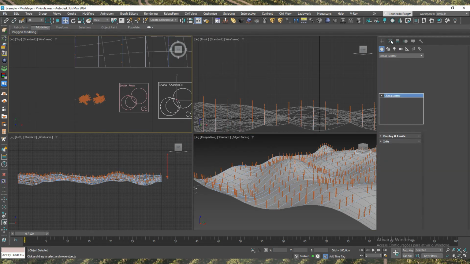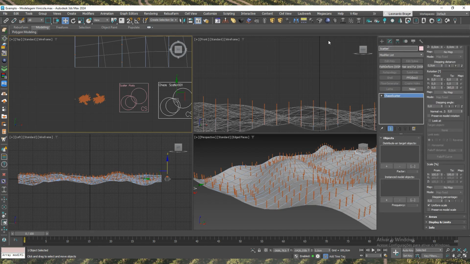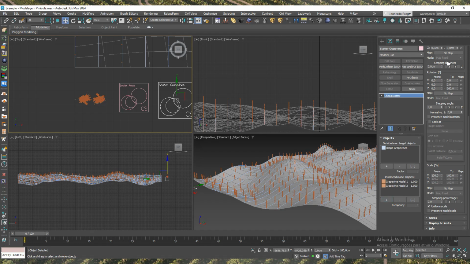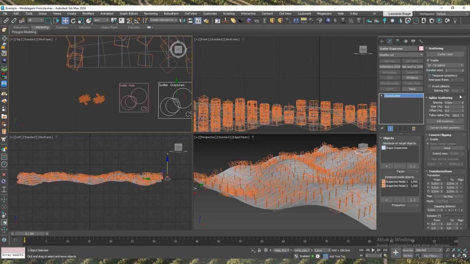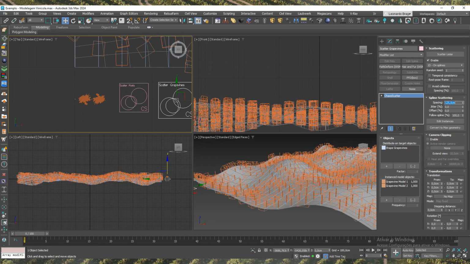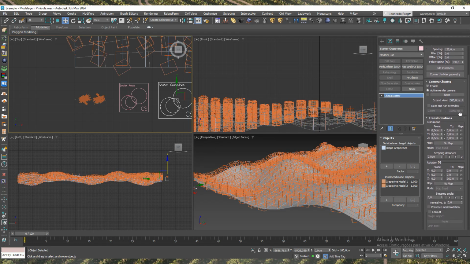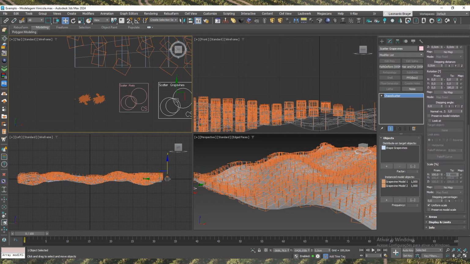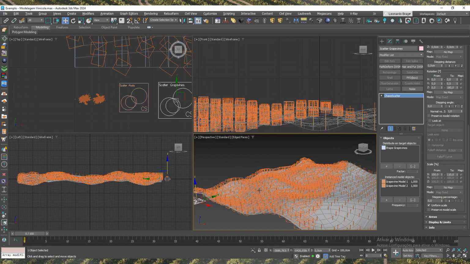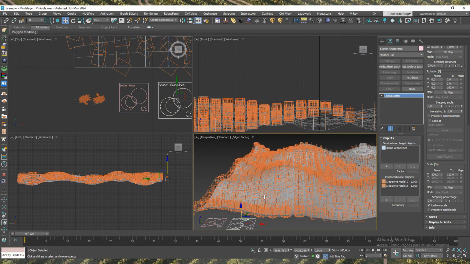Then I created a new Chaos Scatter for our grapevines. I selected the same shape as target and the grapevine models as instanced models. I changed scattering to 1D on splines, spacing of 125 cm, enabled camera clipping, rotation on Z from 0 to 180, set normal versus Z to 1, and scaled from 100 to 110.